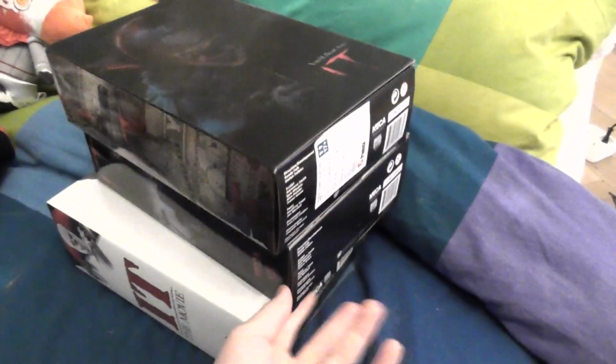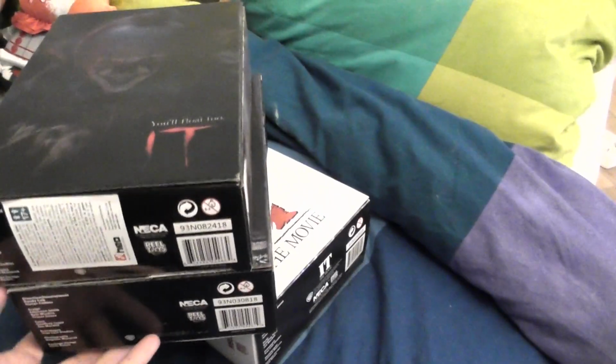There you go. So, I'm pretty sure that a few people who have these figures will recognize them right away. I really recommend these ones, just that they can be a bit pricey, but they come with a bunch of accessories sometimes. So, the very first one I would like to show you, which is a nice example when it comes to accessories,